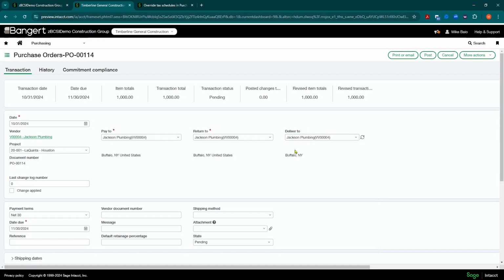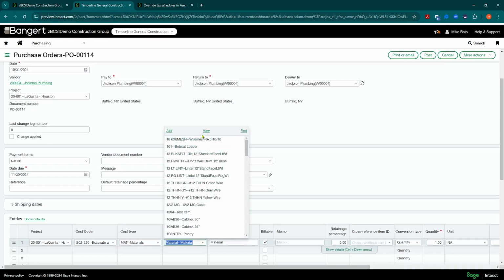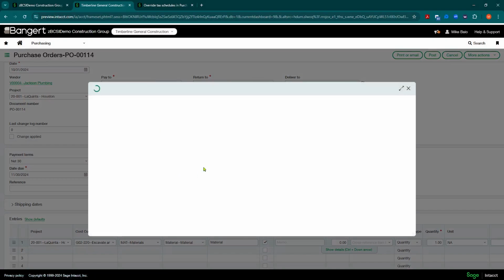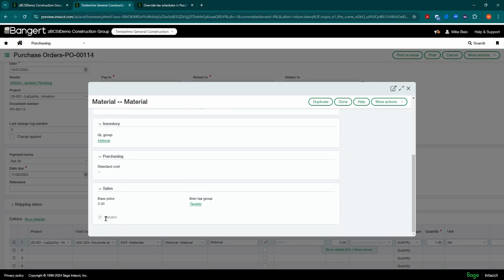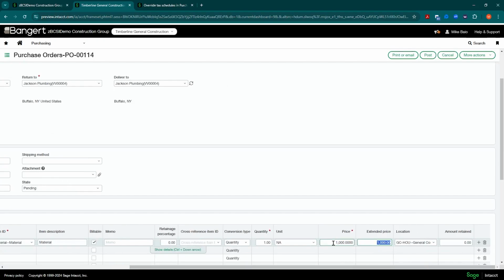But what's really nice is if you do forget to code it or code it incorrectly, you can catch it later and fix it. So in this scenario, we've coded it to the project, the cost code, the cost type, and a particular item. And this item, as part of your regular tax setup, is going to be set up as either taxable or not. In this scenario, it's taxable. And we filled in the amount. But at the purchase order level, we're not really worried about tracking the sales tax at this point.